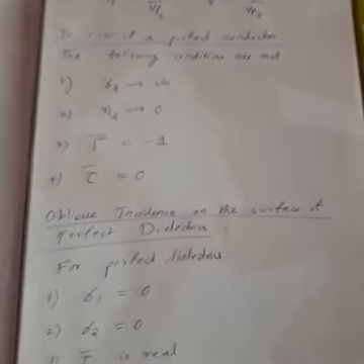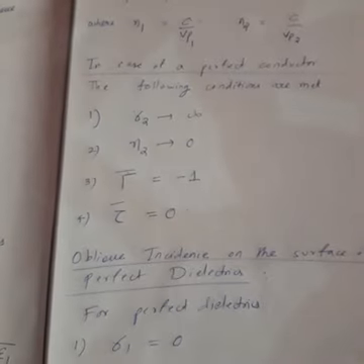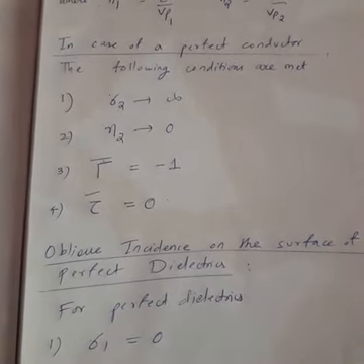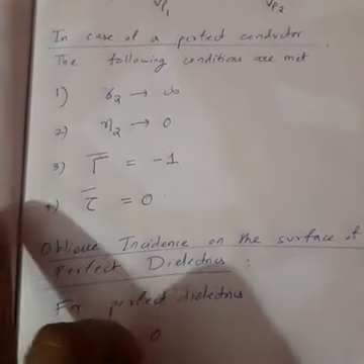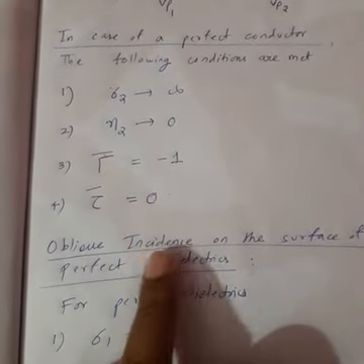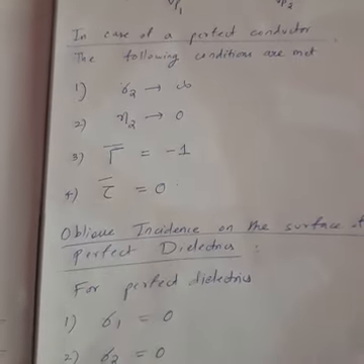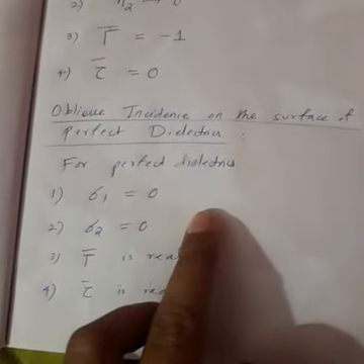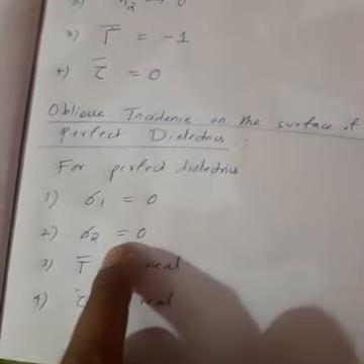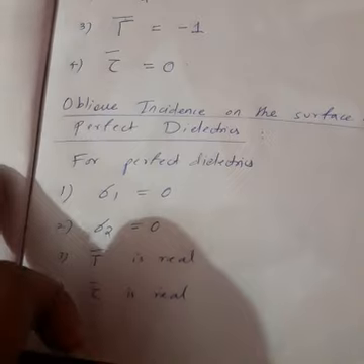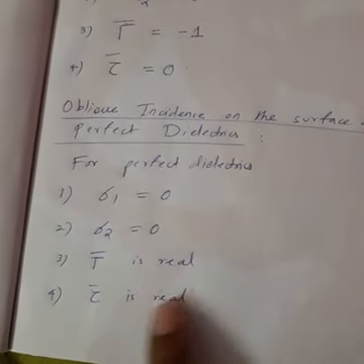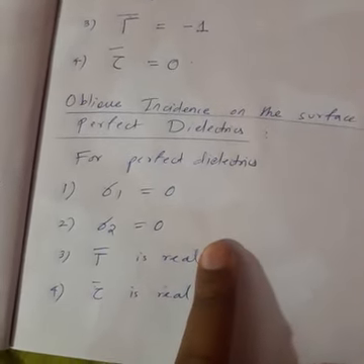So when the incidence is oblique, if you consider a perfect conductor, similarly to the normal incidence, various conditions will exist, and the wave will come at an angle and reflect back at some angle. Similarly, if you consider the surface of perfect dielectrics, the same conditions as for the normal incidence will exist, but the angles formed by the incident, reflected and transmitted waves will be related by Snell's law.